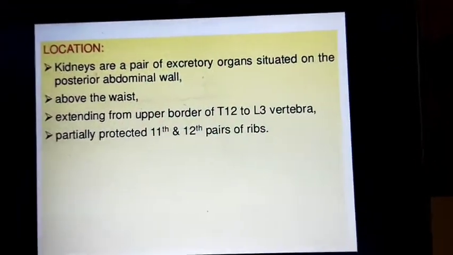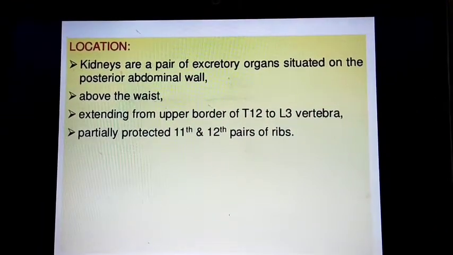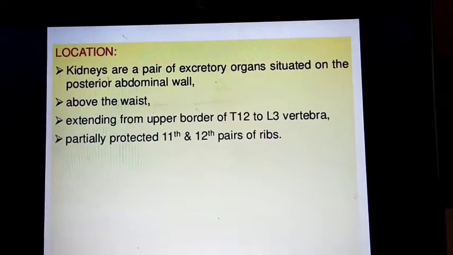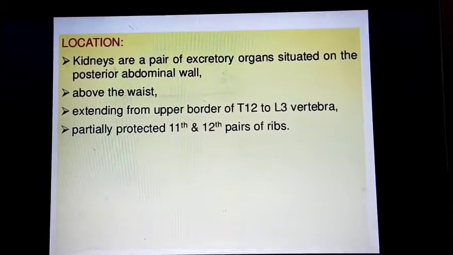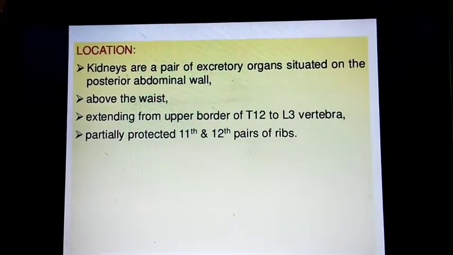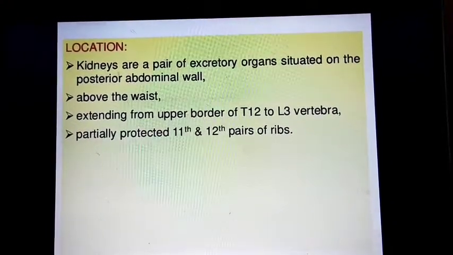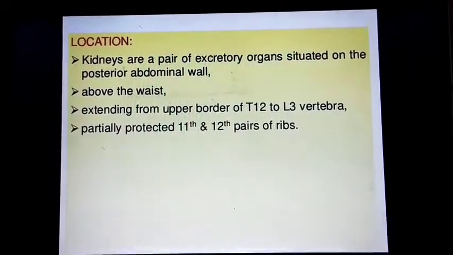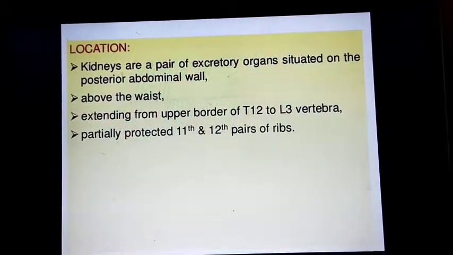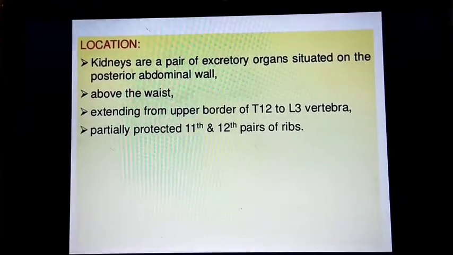First, the kidney looks bean shaped, and it is a retroperitoneal organ situated on the posterior abdominal wall. Now you can go to the position and location of the kidney. Kidneys are a pair of excretory organs situated on the posterior abdominal wall above the waist. They extend from the upper border of T12 to the L3 vertebra,